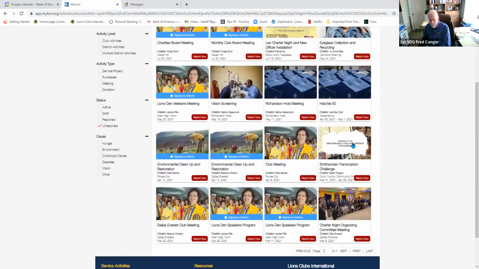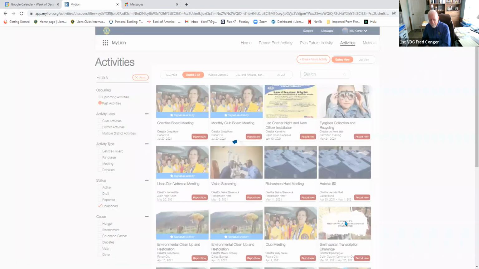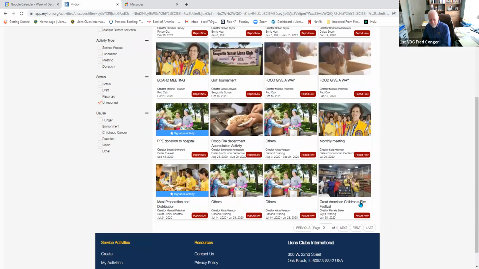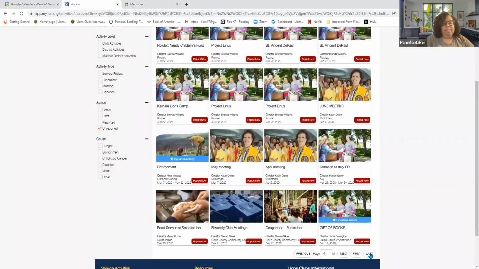Now I can't speculate why that would be. And Nina, I know, was the president, so she should have been able to report. If you just look through these, you'll see all these people that have entered activities, but they're not reported. And there's 7 pages of those with 16 on a page. Billy, could it be that